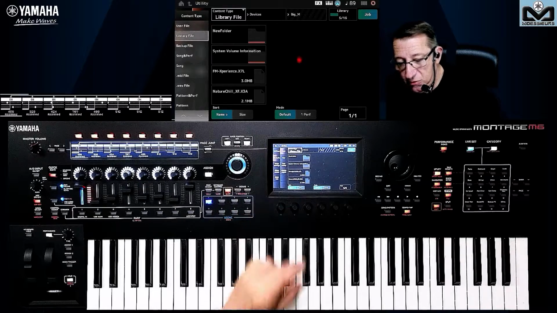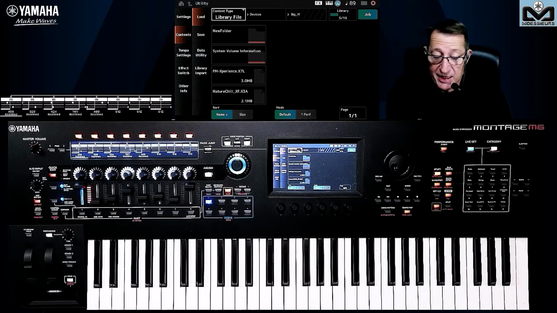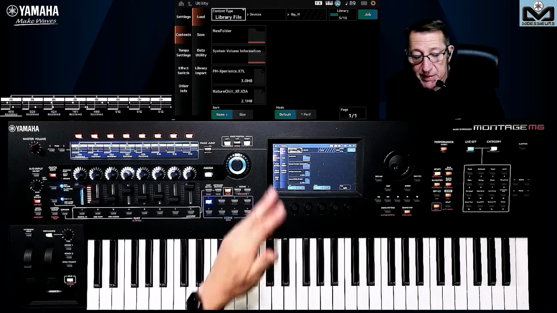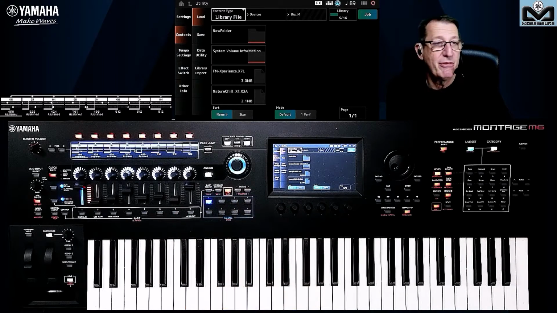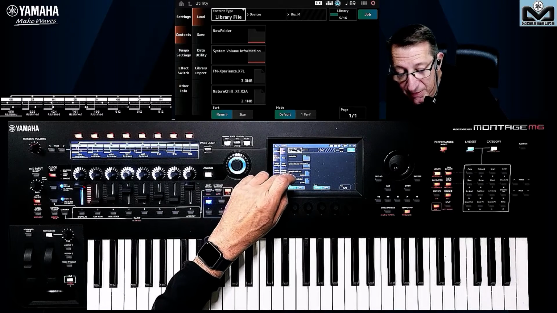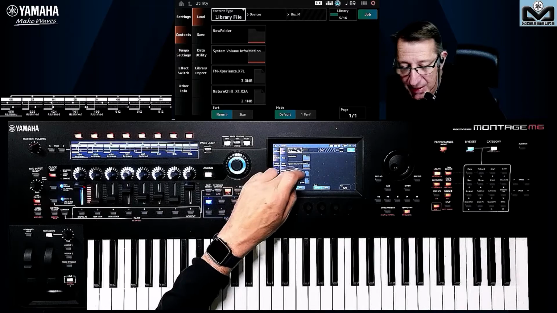Library file. A library file is some commercial soundbank or things made by friends that are saved as a library file. And this is here. I do not have any from the Montage M. I have some from the Montage first generation. That's from my friend Abe, that's Easy Sound. And you have the FM Experience Point X7L for library.